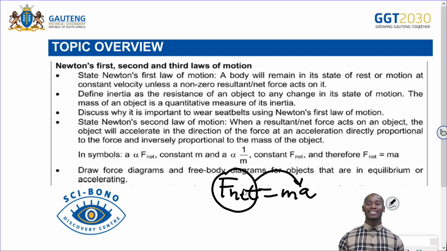So it is acceleration that is directly proportional to the force. It's not the net force or the force that is directly proportional to the acceleration and inversely proportional to what? To the mass. So please, learners, it's about acceleration. It is the acceleration that is directly proportional to what? To the force, and acceleration is inversely proportional to what? To the mass. So please, let's not omit the key words there also when it comes to stating Newton's second